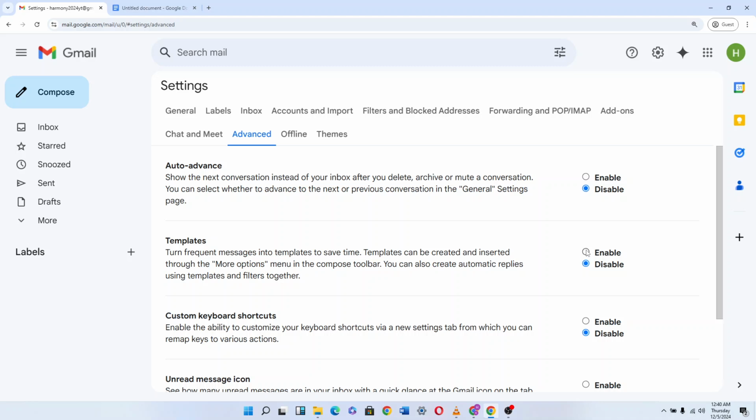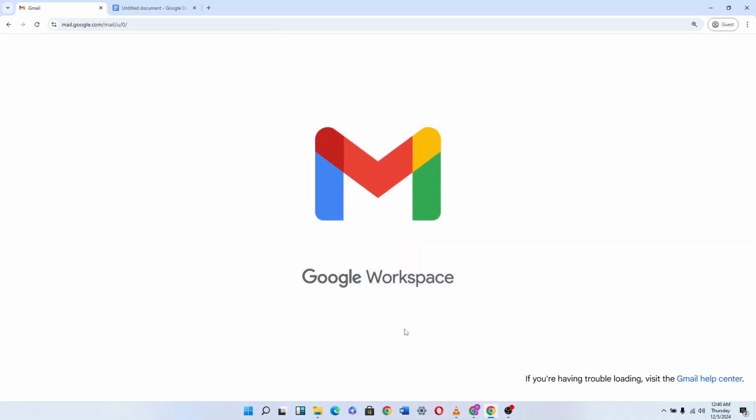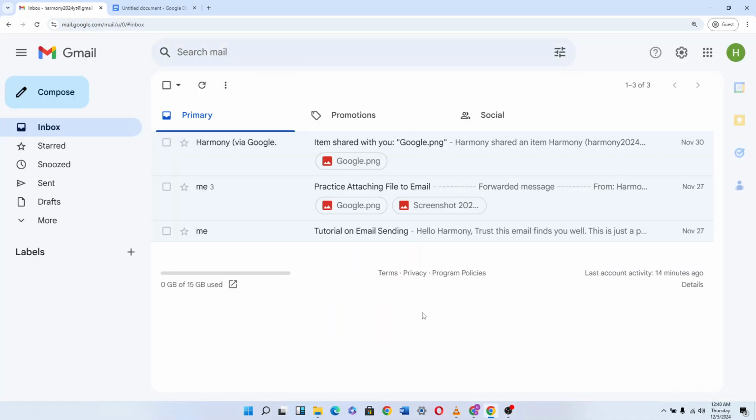You click on advanced, and the second option here is for templates. So you click on enable, and you save your changes at the bottom of the screen. You scroll down and click on save changes, and your email is going to reload, and now we can go create our email template. So you click on compose,